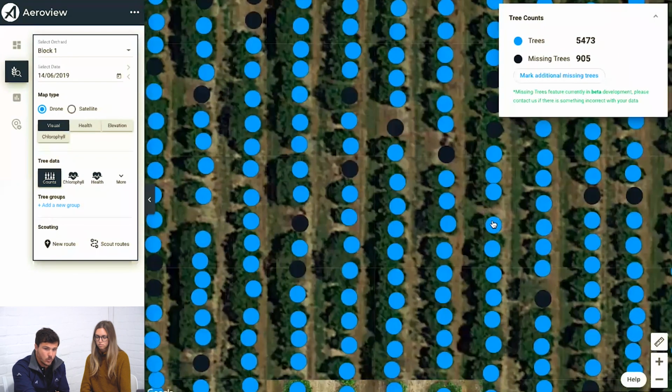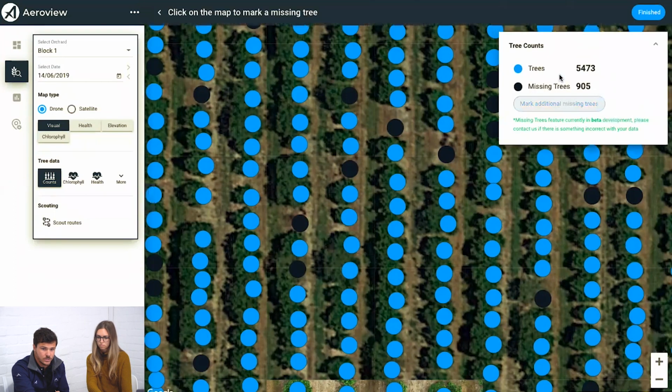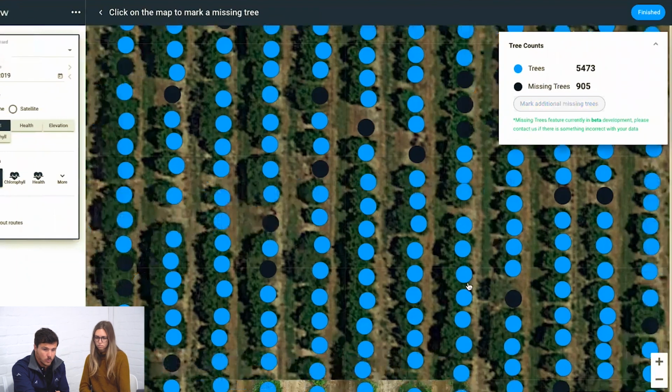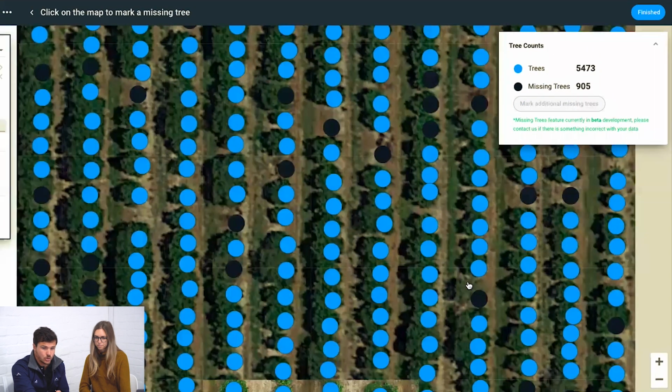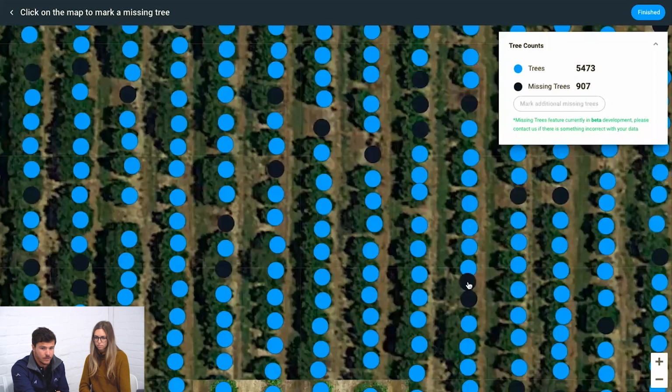Let's say we need an additional missing tree over there. We'll click add additional missing trees. We will then simply go and drop the marker by clicking over there, and then at the top right, we'll just click finish. So that will then add the additional missing tree, and you'll see for this specific block, we've identified